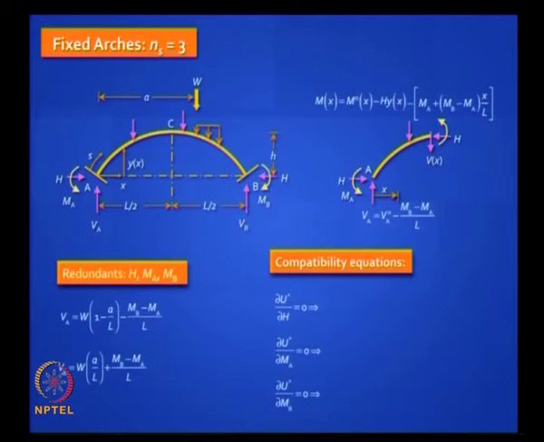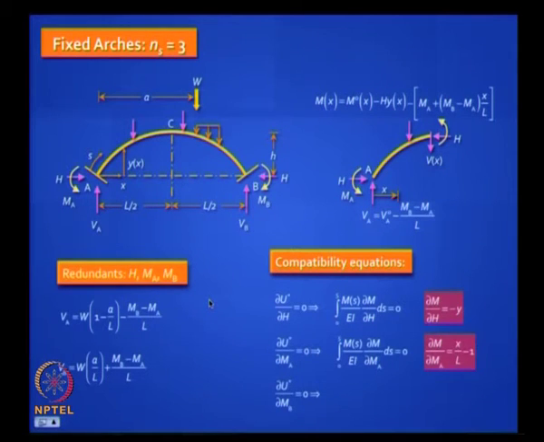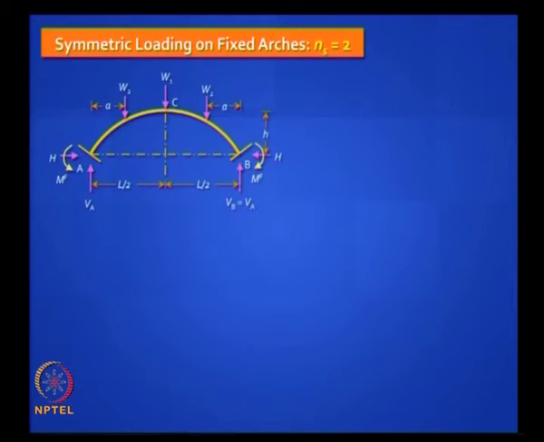So you can write an expression for bending moment at any section in the arch in terms of the free bending moment and the effect caused by all these values, which you can write an expression for. You take the derivative of this with respect to these, you can simplify, and they are easy to work out. I want you to go through this carefully. You can write these, okay, and if you take the case of a symmetric arch, then your 2 moments will be equal and opposite. You have only 2 unknowns, it simplifies